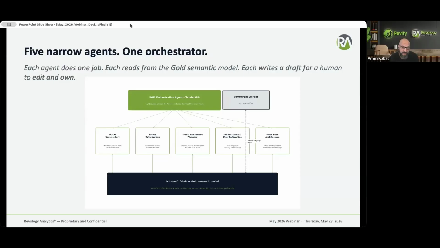But if you think about what you can use AI agents for within the context of pricing and RGM, you could have an agent that does the price, volume, cost, mix analysis and sends you recommendations of what you need to act on, let's say every month or every quarter. You can have an agent that does promo optimization, trade investment planning, an agent that does assortment optimization, and one that does price pack architecture. Overarching on top of all this would be a pricing and RGM orchestration agent